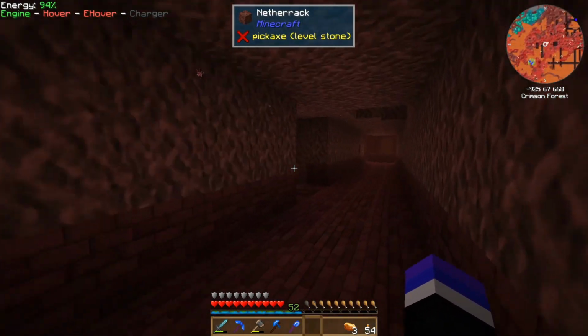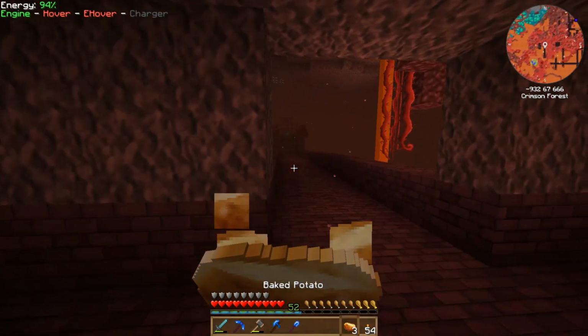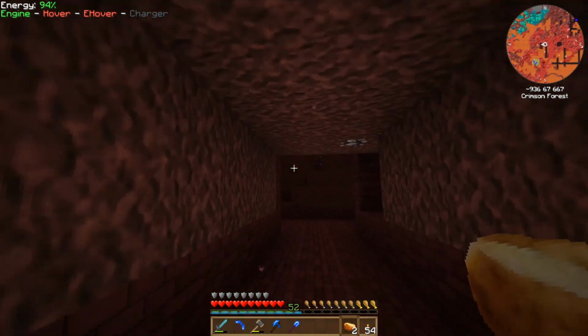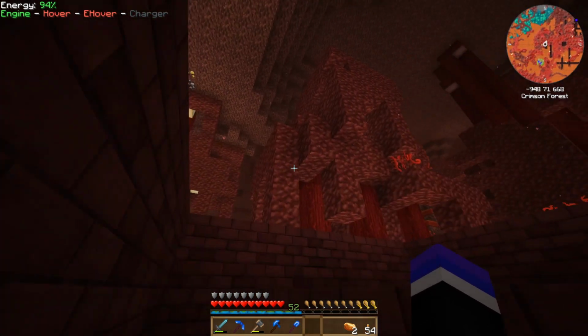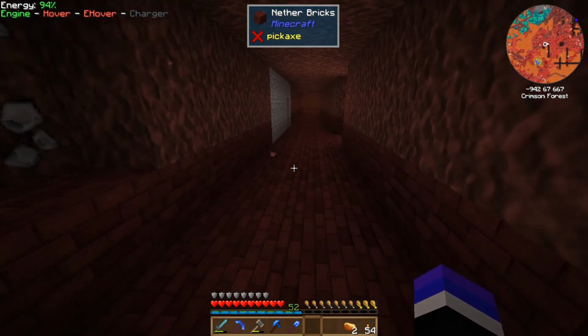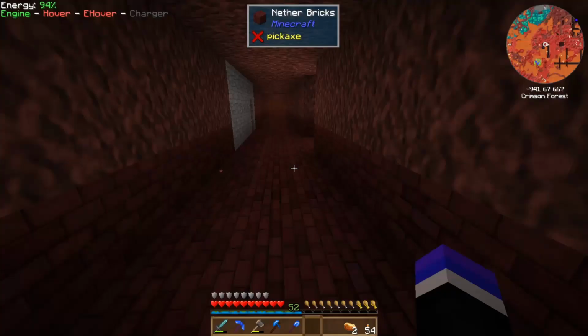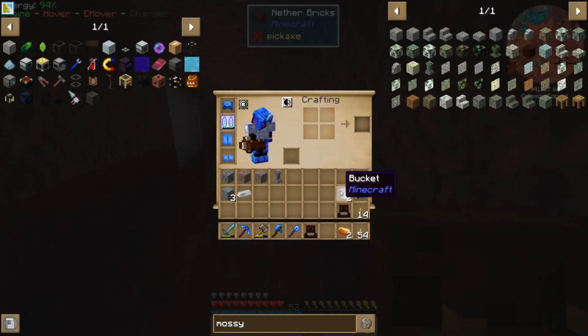So this is the little hole that I tried it in. Unfortunately, no dice. But I have a spawner there. I could technically bring them actually back to the overworld. I do have